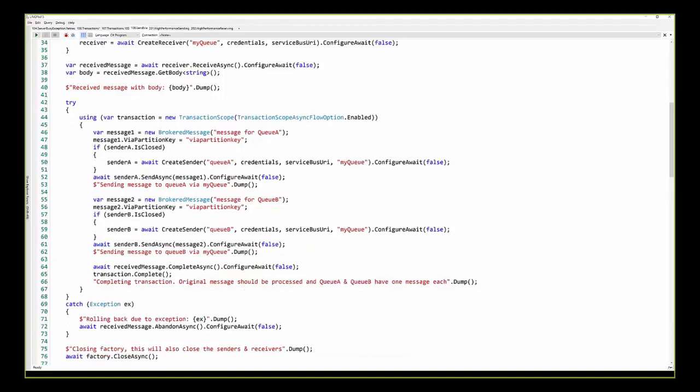Once we send out those messages, they are stored on the original incoming queue. We will mark the received message as completed and complete the transaction. That will kick off the transfer. The original incoming message, the received message, will disappear because it will be processed, and QA and QB will include the two messages that we intended to have as destination messages. If we run this